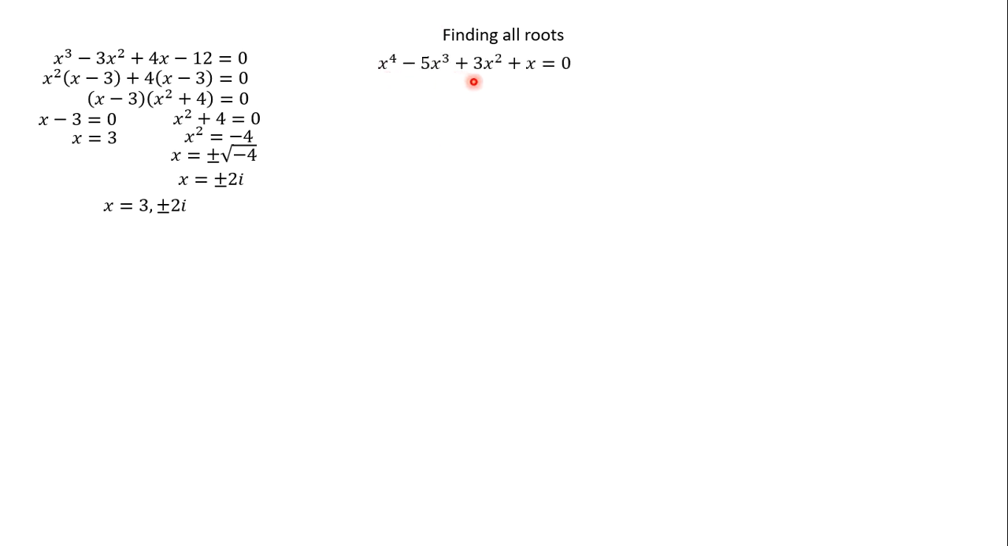x to the fourth minus 5x cubed plus 3x squared plus x equals 0. Step 1, factor out what they have in common. Hey, they all have x's in common, so we can factor out the x's. And now we're looking,